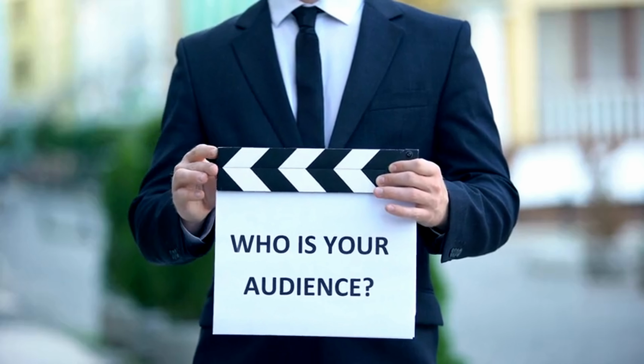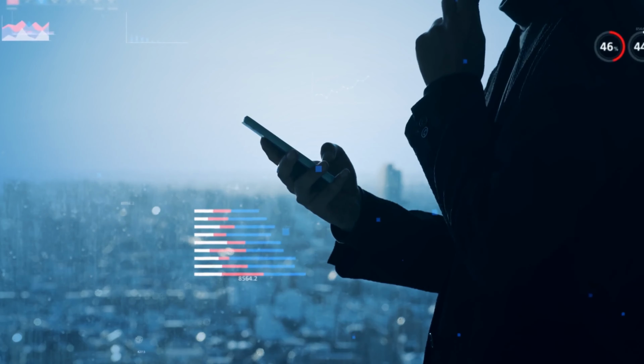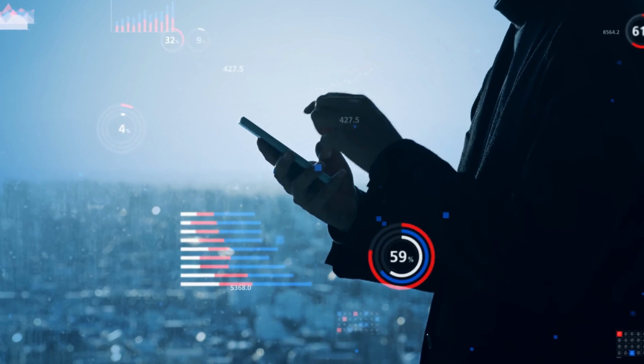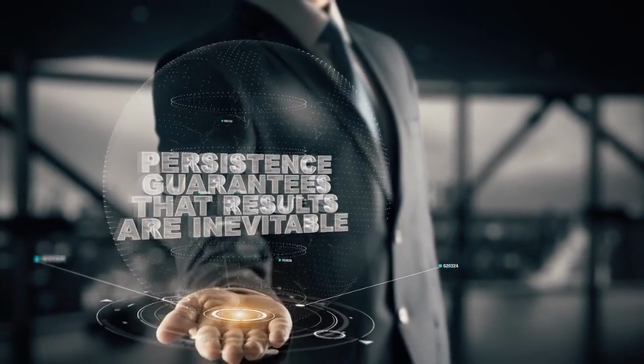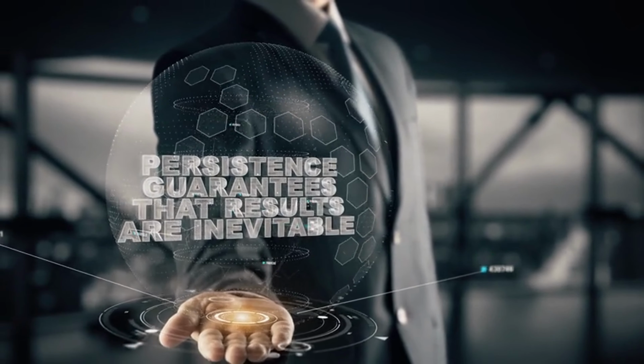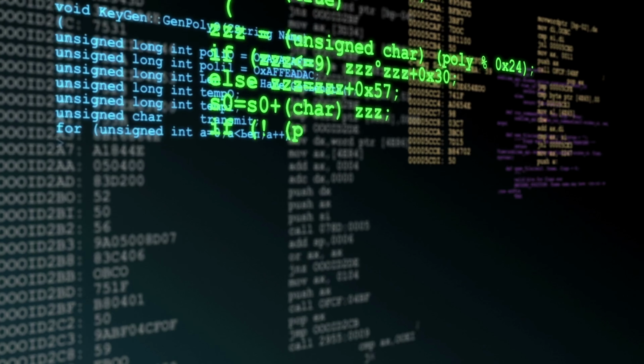First up, understanding your audience. Before you start explaining your data, take a moment to understand who you are talking to. What is their background? What are their interests and pain points? Tailoring your communication to your audience's perspective of understanding and their specific needs ensures that your message is relevant and engaging. For instance, when speaking to executives, focus on the business impact rather than the technical details.